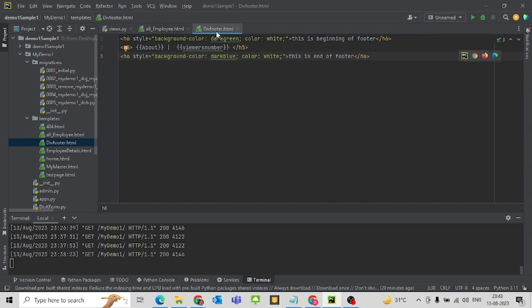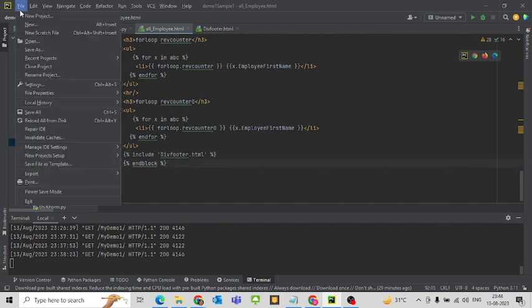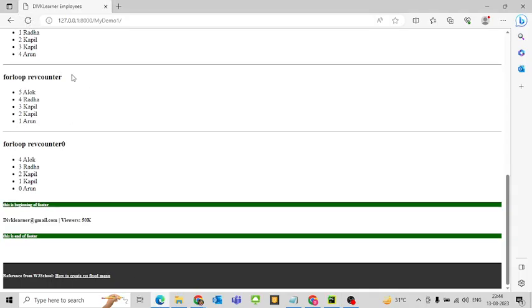So this is where we have written one template, and I want to use it in a different template. So this is include. I'll remove this part first initially, and then we'll bring it back. I'm going to save it because my program is already running. So I save all and I go back to my page and refresh it. You will see that when I refresh it, it becomes empty and there is nothing there. This is green in color, this is blue in color, and this is how we have called an HTML template